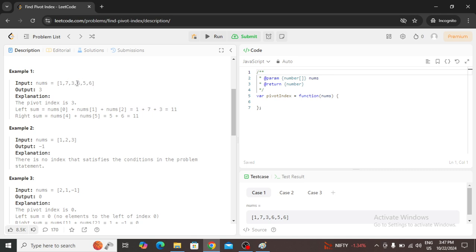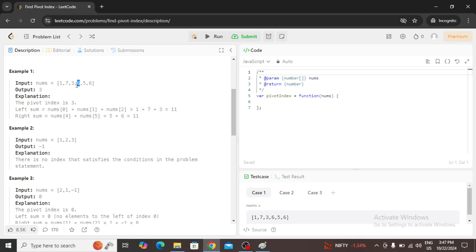We move to the next index. Now 7 plus 1 is 8, and 6 plus 5 plus 6 is greater than 8, so the left sum is not equal to the right sum. We move to the next index. Here 1 plus 7 plus 3 is 11, and 5 plus 6 is also 11.